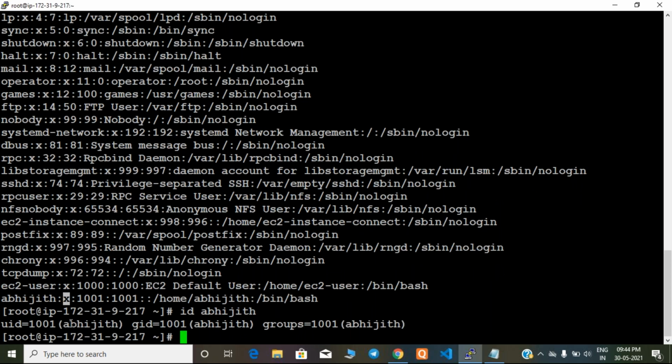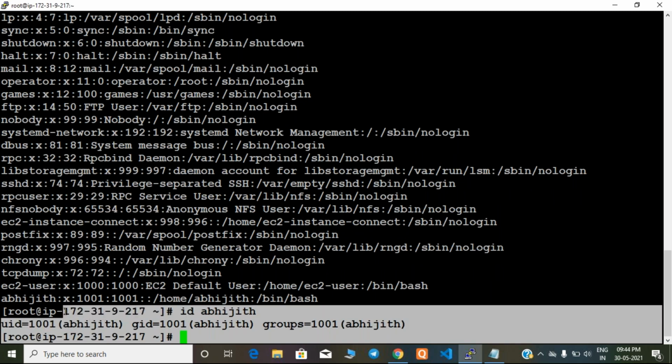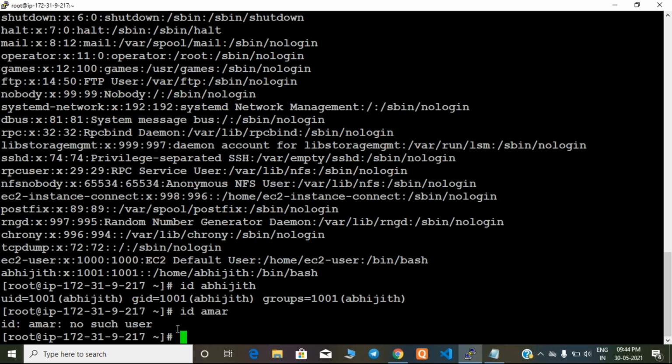So here also, by running this command, you can check whether that user exists or not, guys. See, that user exists. If you give some other username, for example, IMR user, I am checking. See, IMR user not available. If the user exists, it will show like this, guys.